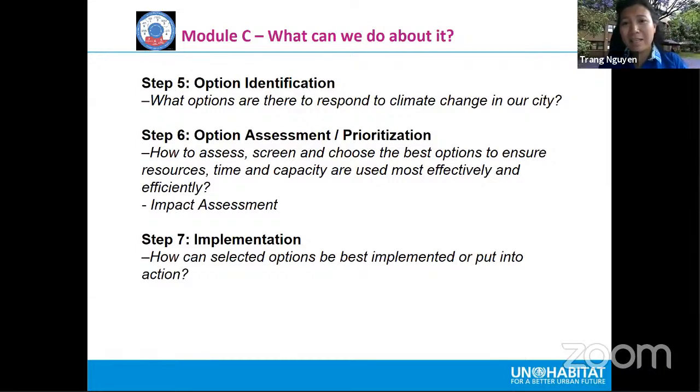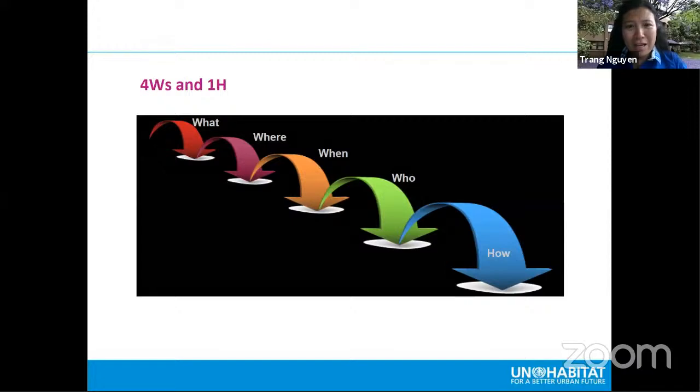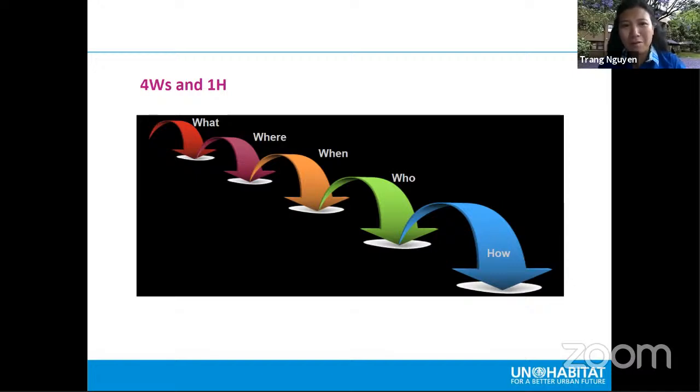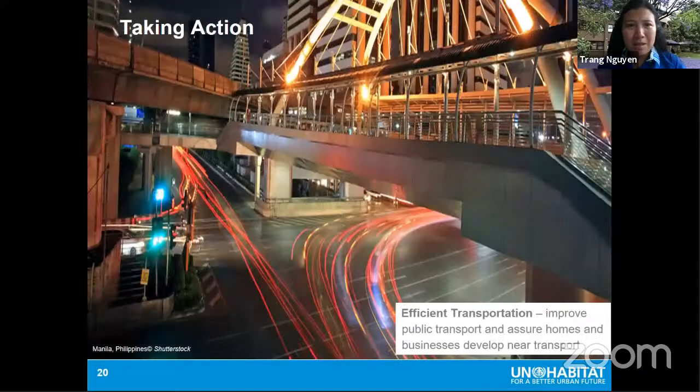It doesn't mean that it has less priority, but it's for the long-term vision. And some of the long-term vision needs to be set out already now, instead of waiting 5 years or 2 years longer down the road. Often I had this kind of image in my mind about the 4 W's and 1 H, the what, where, when, who, when it comes to setting out the plan and the prioritization. But